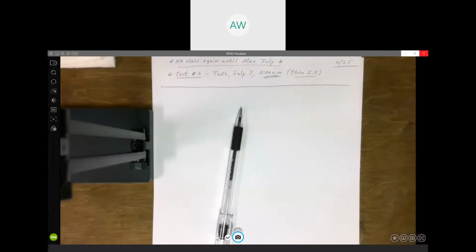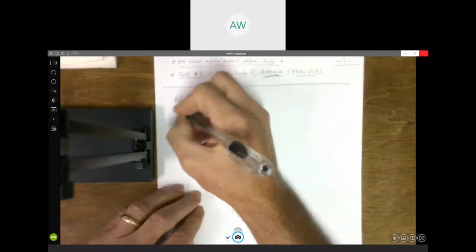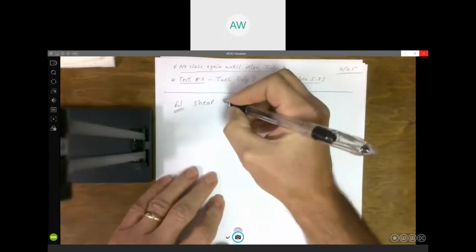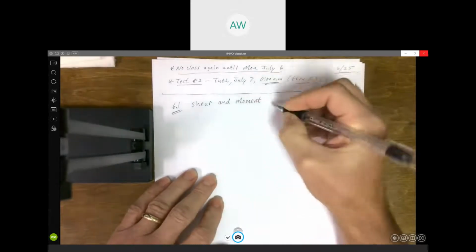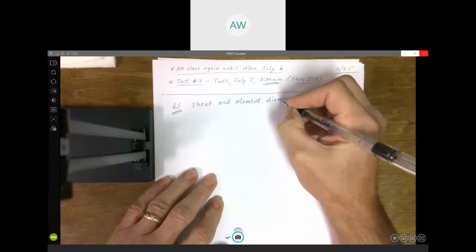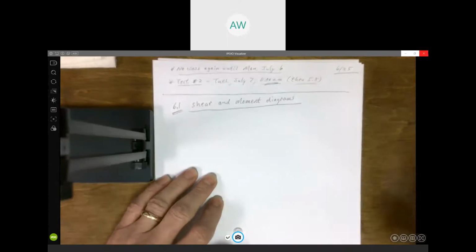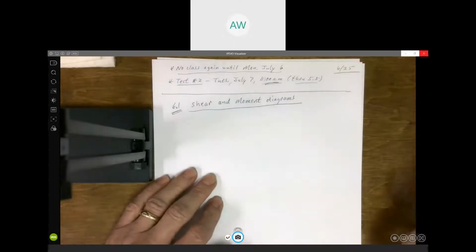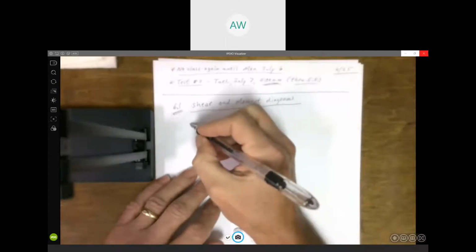All right, well, this is in your textbook, in chapter 6, the first section in chapter 6. We're talking about shear and moment diagrams. As I said yesterday, this is basically just a graph showing what the internal shear force and the internal bending moment are for the entire length of the beam. So if we've got some beam,